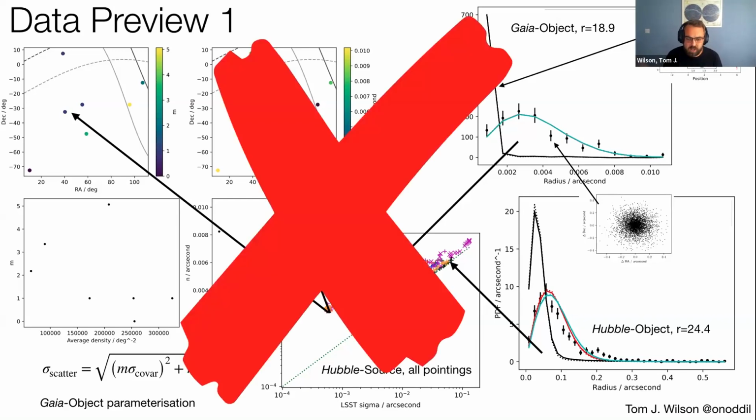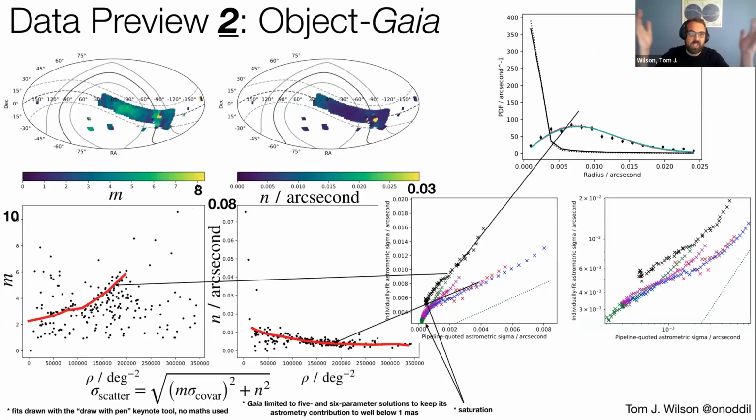But nobody cares about data preview 1 anymore. We have data preview 2. So here I'm showing analysis of the object table when we use the Gaia dataset as our truth table. And again, the analysis flows from right to left still. We compare covariances with scatter, which become data points, and single pointings become parameterized on the left. And the first thing to note is just that this n parameter, this bright systematic uncertainty that has to be added in quadrature in our model,